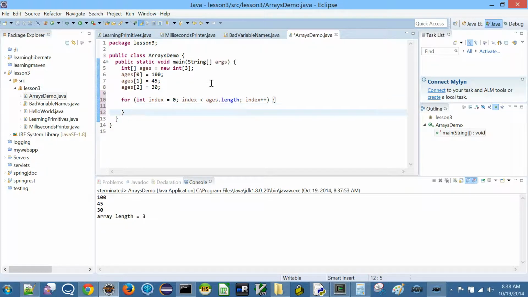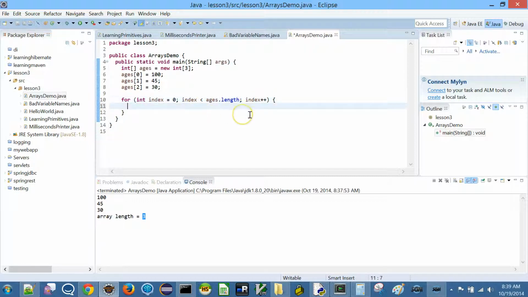In the C programming language, you would just be using this kind of index running variable inside your for loop. Now let's make sure that we have the correct indices. We said that 0 is the correct beginning index, and the end, ages dot length, we saw is 3, right? So if I just iterate less than ages dot length, then I'll get only up to 2, so I'm fine. So the for loop works like this. This is the beginning condition, and after that it checks for this condition. It will run until this condition is true, until index is less than ages dot length, and finally this is your increment operation.